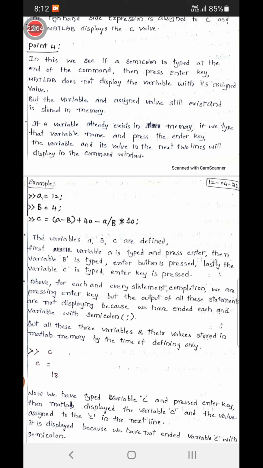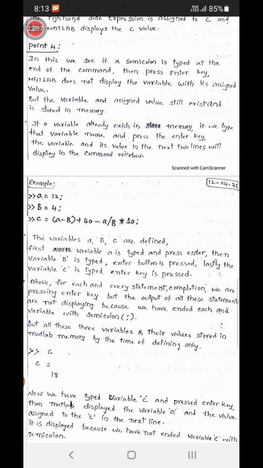Remember that all these things we are typing in the command window. Then c = a - b + 40 - a / b * 10, and also a semicolon.